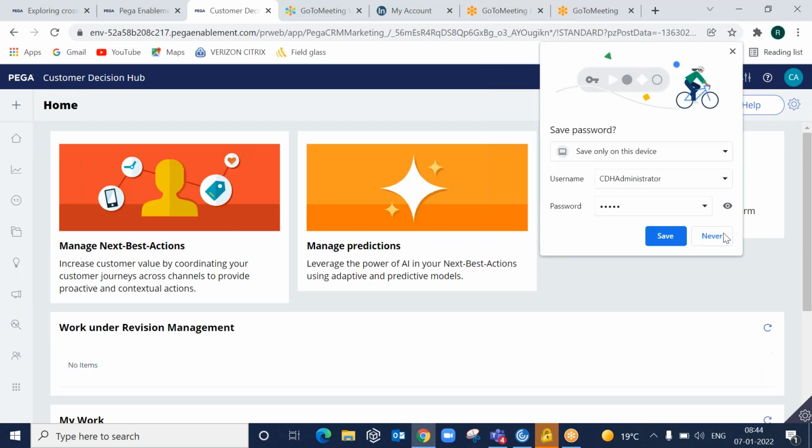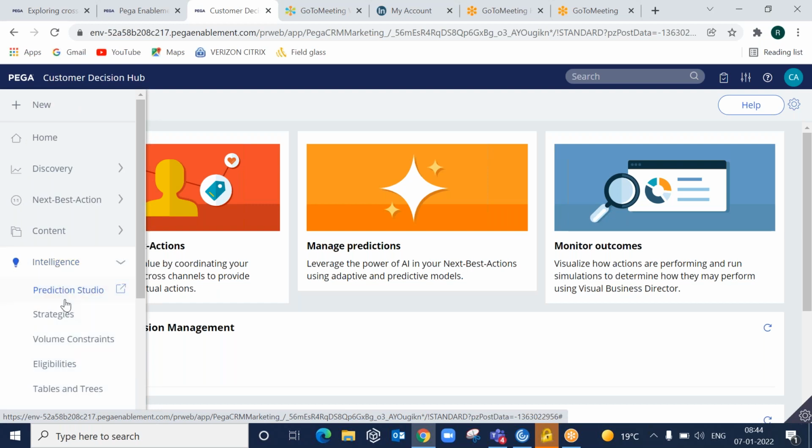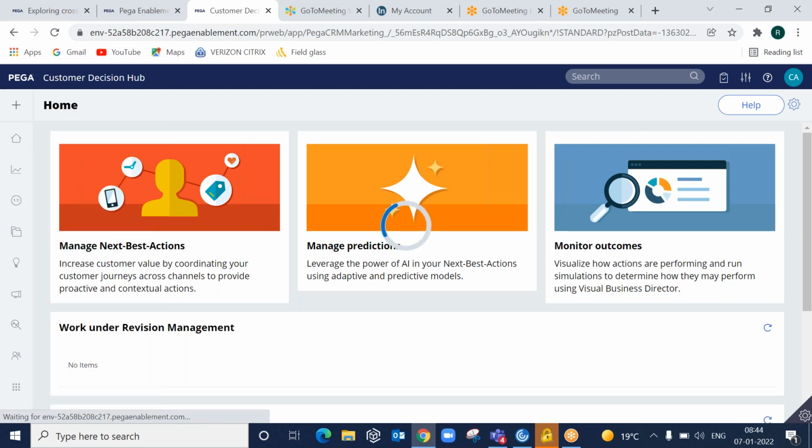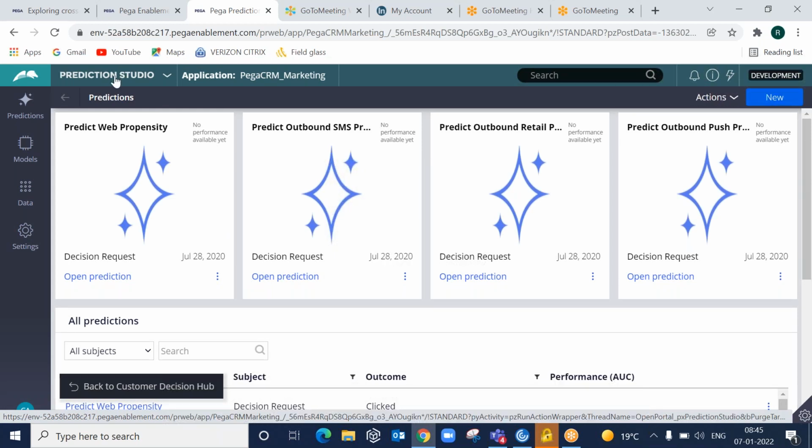Okay, so in the previous session, we were discussing the business structure. We created the business issue, which is nothing but the reason for promotion. We created the business group, which is the category of promotion. Then we created the propositions. We have seen how to create propositions manually and also how to create propositions by importing the Excel file. So this is what we have seen in the last session.